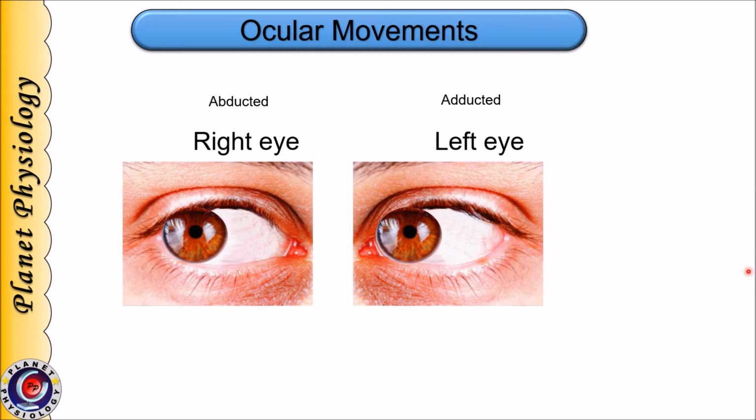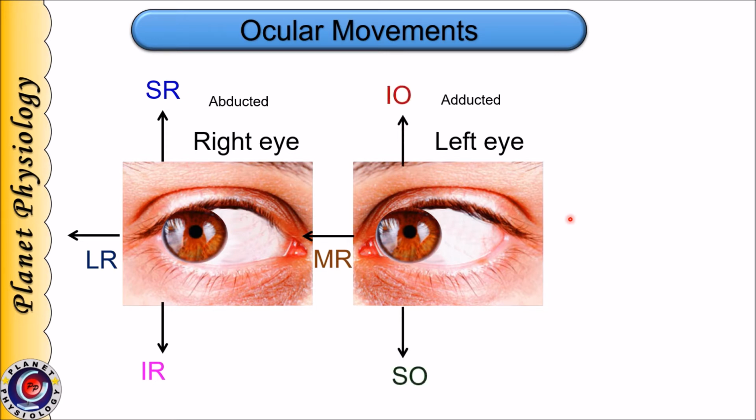When the eyes are turned to the opposite side, the opposite pairs of muscles will work together, where medial rectus of left eye and lateral rectus of the right eye is working now. From this position, right eye will be elevated because of superior rectus and left eye because of inferior oblique, whereas depression of the right eye is brought about by inferior rectus and depression in the left eye is brought about by superior oblique muscle.